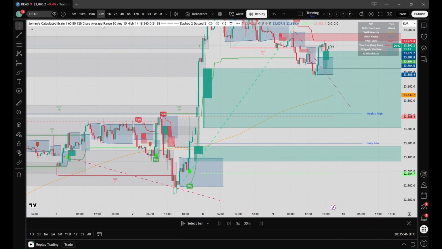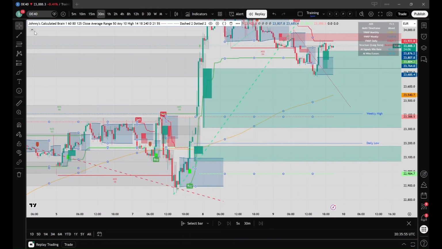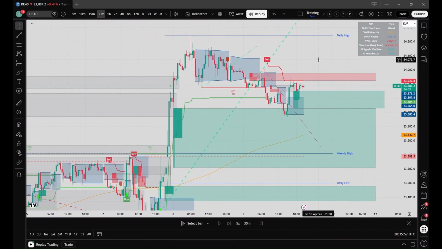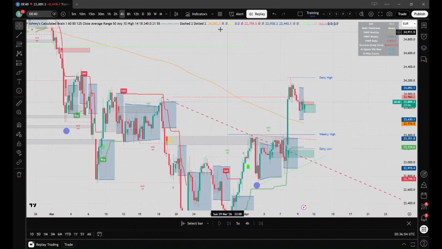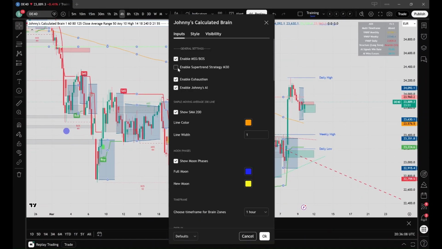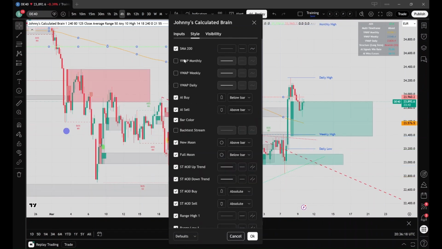So by default, your settings will basically be like this. These will be your settings. If at any point you want to revert back to what you are already using, that's very simple. Just go over to the 4-hour chart, let's say, go into your indicator settings, disable the super trend strategy M30, set brain zones to 4 hours, go to style, enable your VWAPs, and you're back to the old toolkit without